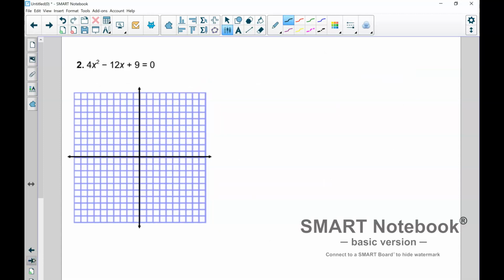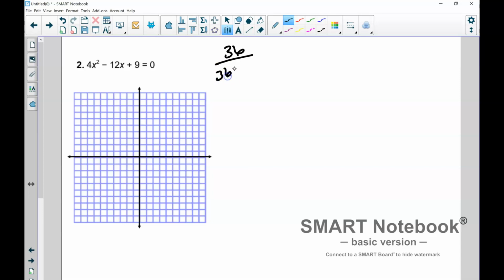All right, this one. It's a little bit more complicated, but can I factor it? I think I can. So 4 times 9 is 36. So I need the factors of 36 that are going to add to give me negative 12. Now, I don't necessarily know what those are, so sometimes I'll take my calculator and go like 36 divided